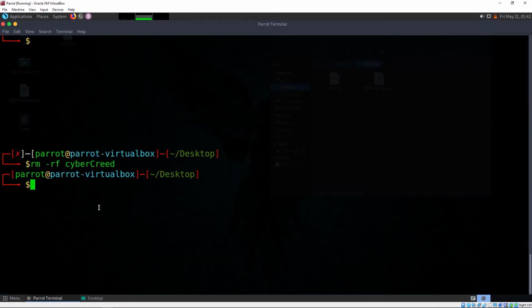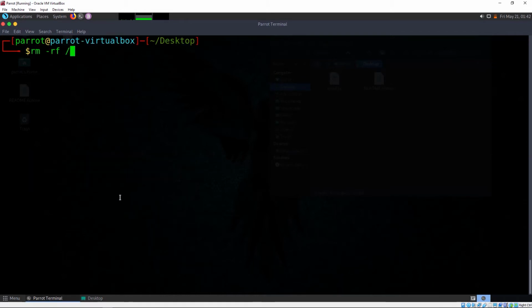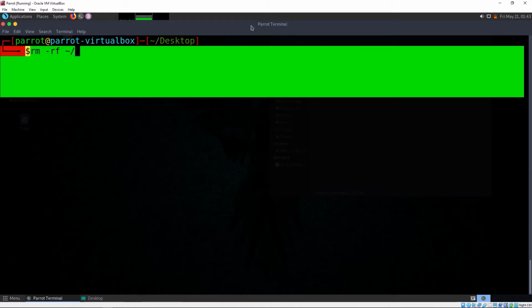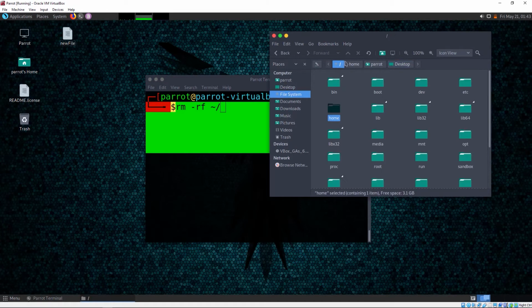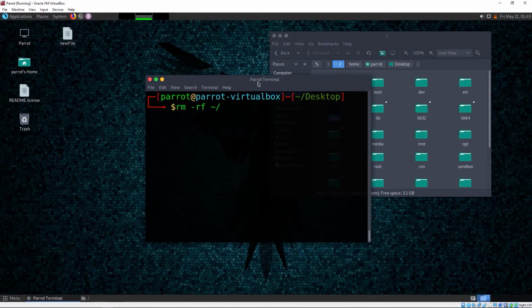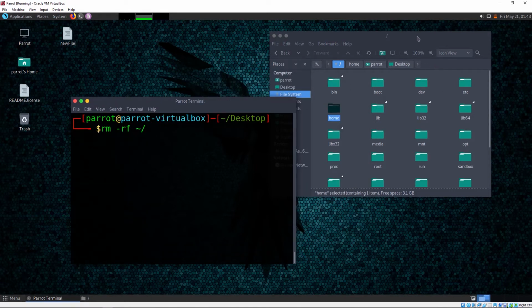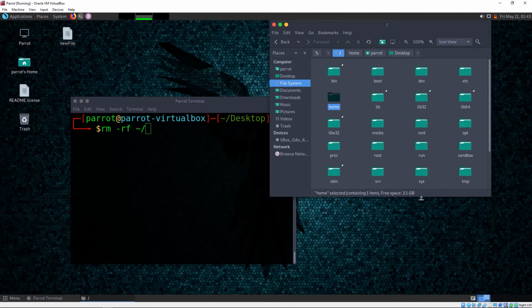But this rm -rf is one of the deadliest commands that you can use on Linux. If you run it on slash, or tilde slash, it is going to just destroy your complete operating system. So do not use this command. This slash stands for the root directory, the directory where the operating system basically starts. So if I show that, here is the slash. Here we are saying delete everything that is present inside here,